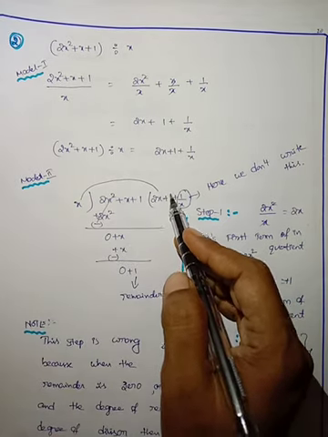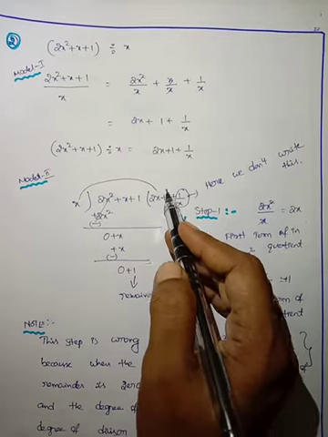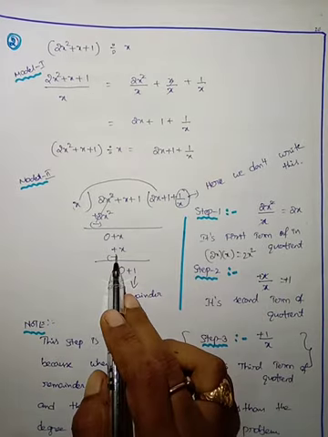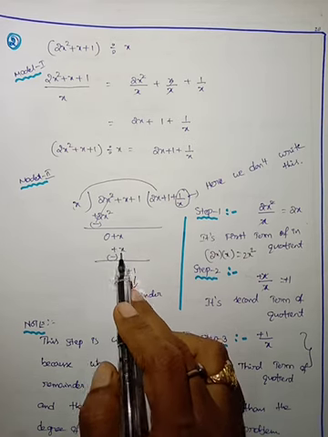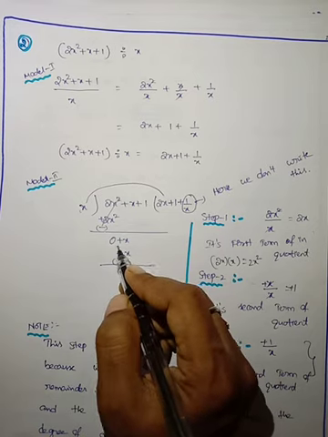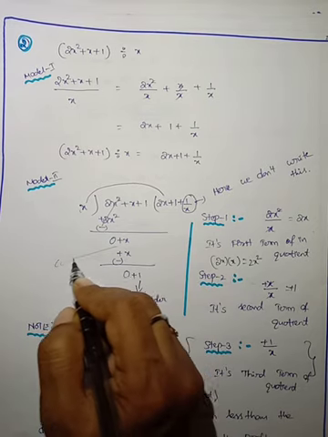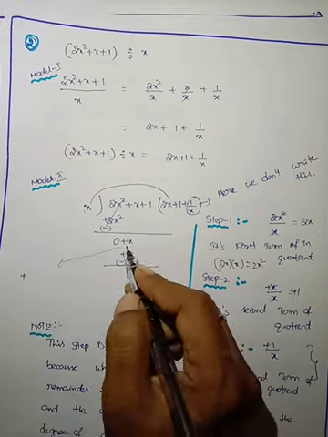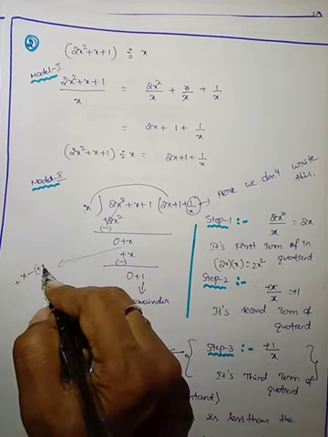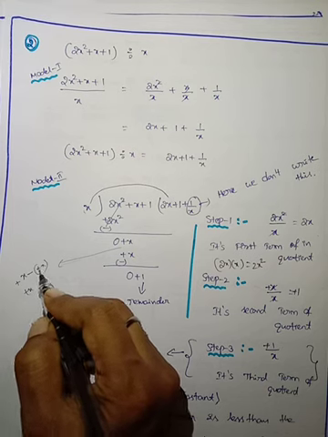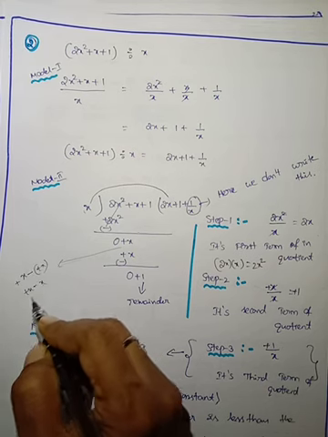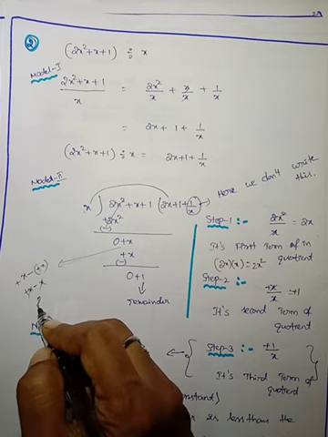You have to multiply this second term of the quotient with the divisor. x into 1 means x. You have to subtract these two numbers, x. Subtraction means minus: plus x minus, multiplied with positive, means minus. Positive x, negative x, 0.